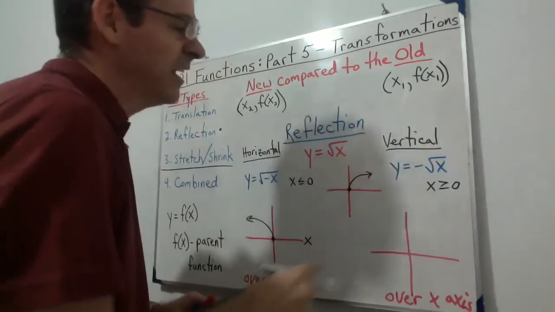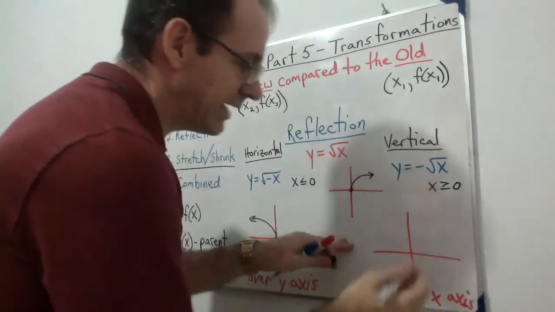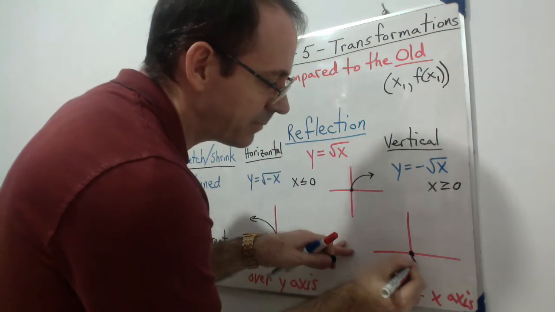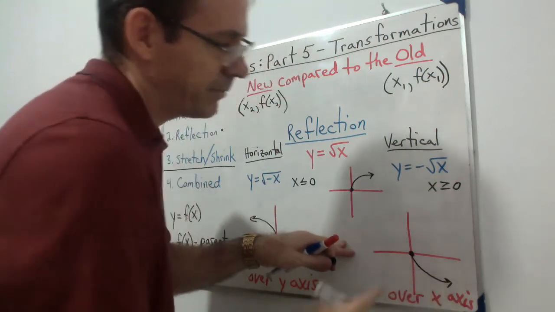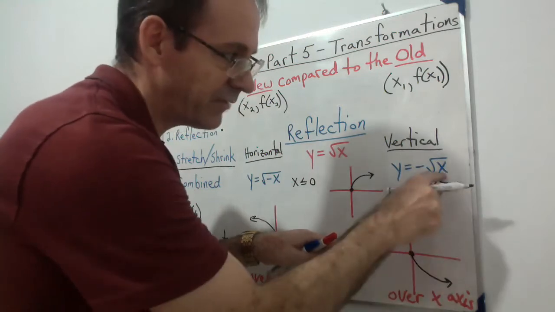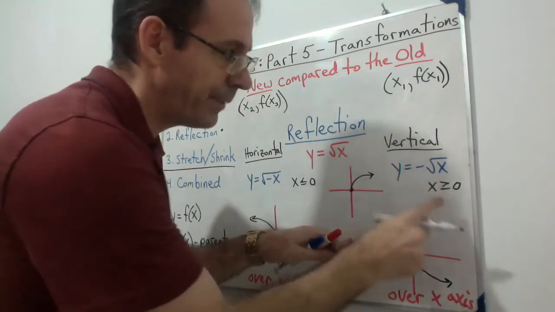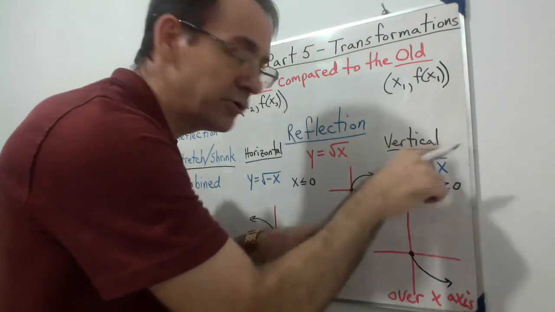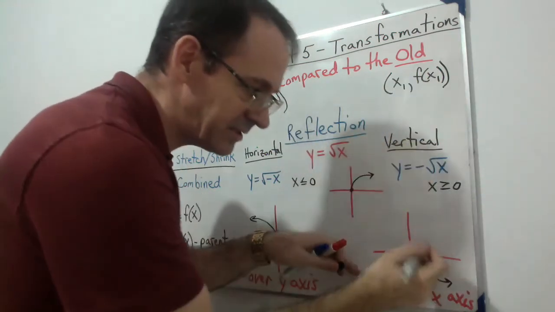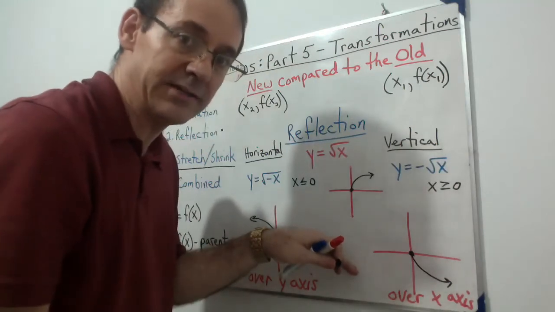Over here, we have a negative on the outside. This is going to flip over the x-axis, and this is going to end up going like this because our x values are still positive because you have to have a positive in the root. But that root, after you take the root, now becomes negative, which means your y value ends up going down,